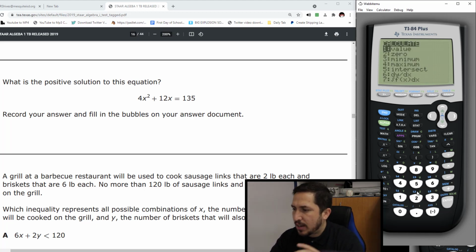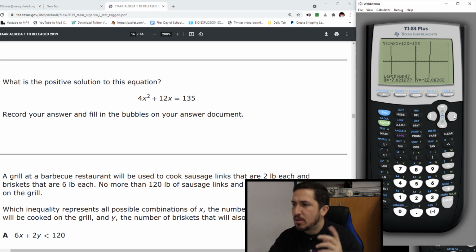So second, calculate. I want to calculate the 0, which is option number 2. Scoot the spider over all the way to the right. If you are ever lost, you know how many dots are here? There's 10 dots here. You can just read this value and see where you're at. So right now I'm at negative 4, which is somewhere around here. I want to wait till it comes over here to the positive 4.